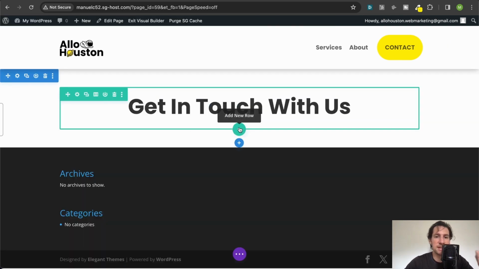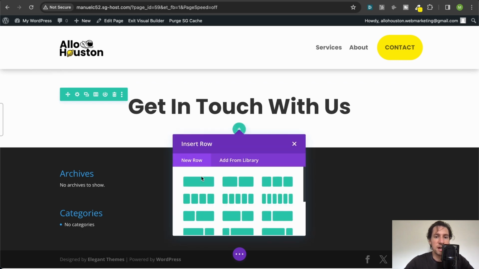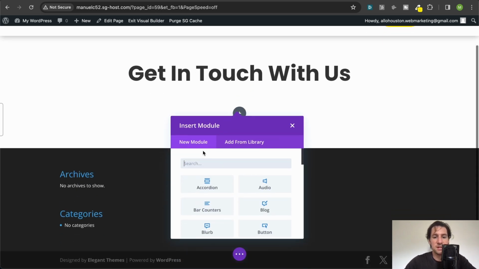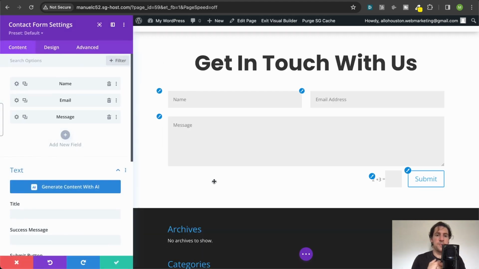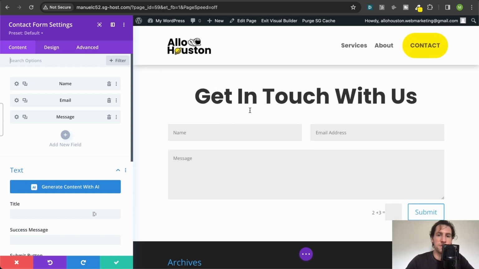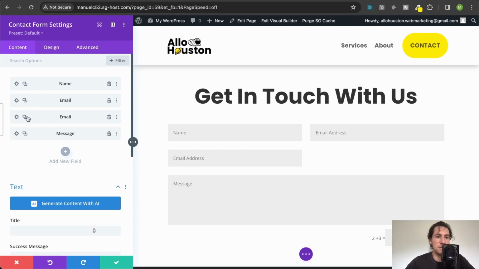Now for the part that's more interesting, I'm gonna add a new row, and here I'm gonna add a contact form module. Alright, and here, as you can see, using Divi we already have most of our form built. So first of all, to edit the form, if you want, you can add more fields. So here I only have the name, email, and message, but for example, if I wanted to add a phone field, I could simply duplicate that field and add